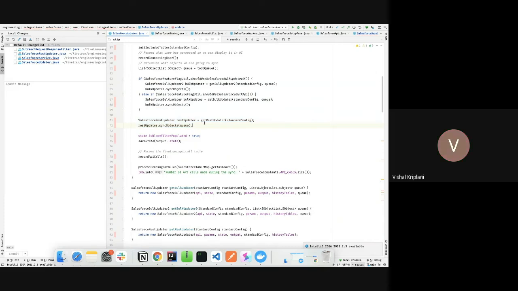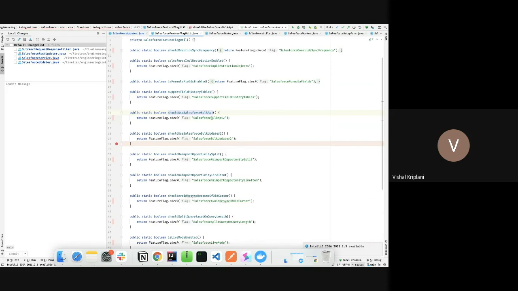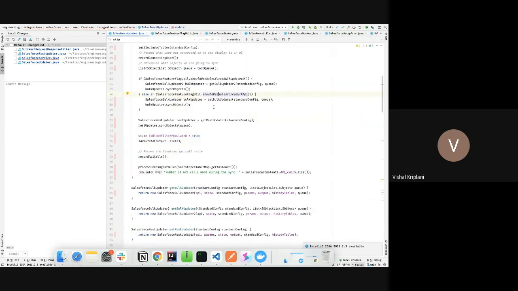Sure. We have one feature flag in Salesforce called Salesforce bulk API. Currently, for the customers that are in the Salesforce bulk API 2 feature flag, we invoke bulk updater and sync the objects by this bulk updater. But the condition in the bulk updater is that if there is an initial sync happening for some object, we will consider syncing it via bulk, not by REST. And this is not for all customers, only for the customers inside this feature flag.